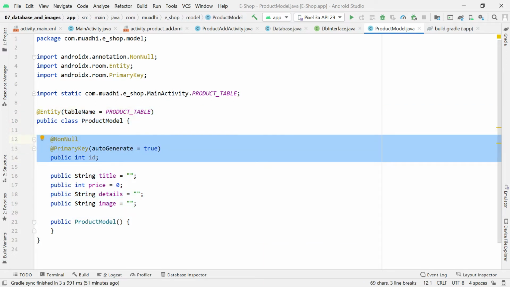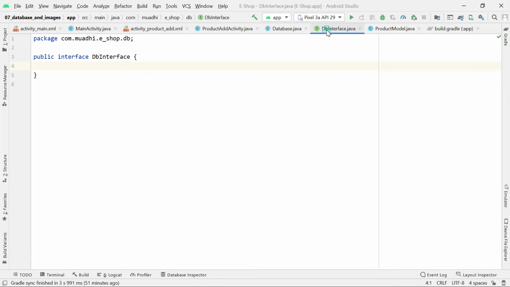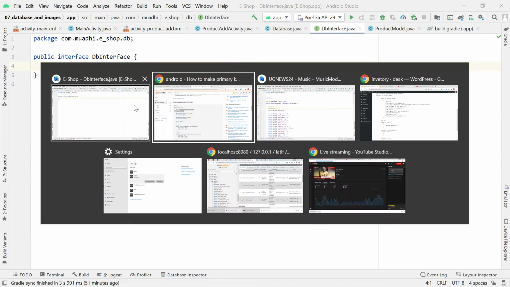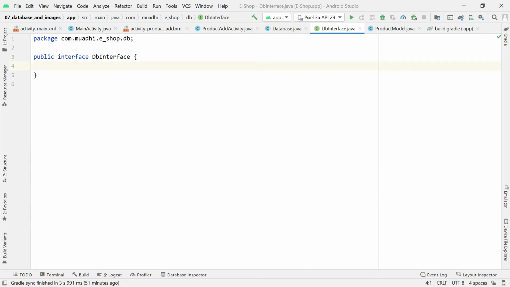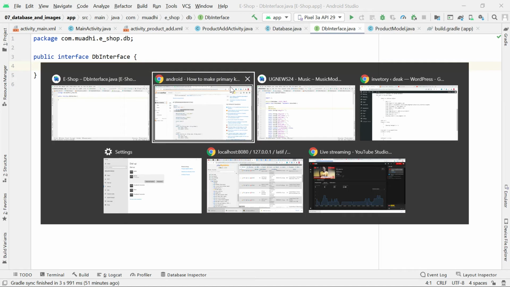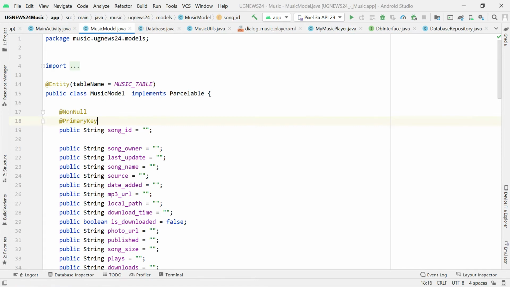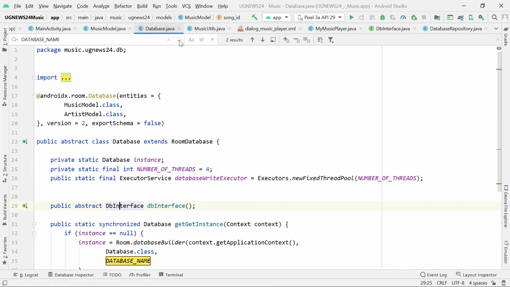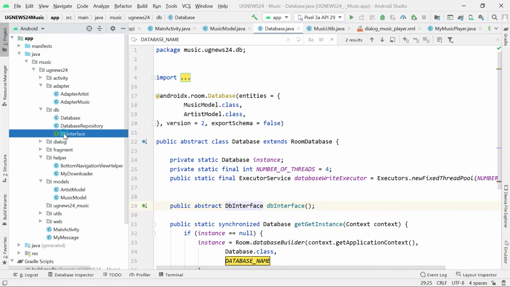Okay, so after doing that, we'll go ahead and so this is the interface. Okay, the interface. So we'll go ahead and now write the logic of our methods that we want to communicate to the database. So for example, I want to save the product, so I have to write the logic of saving the product. So to save the product, that is going to be an insert. Okay, so to insert in Room, we just simply put